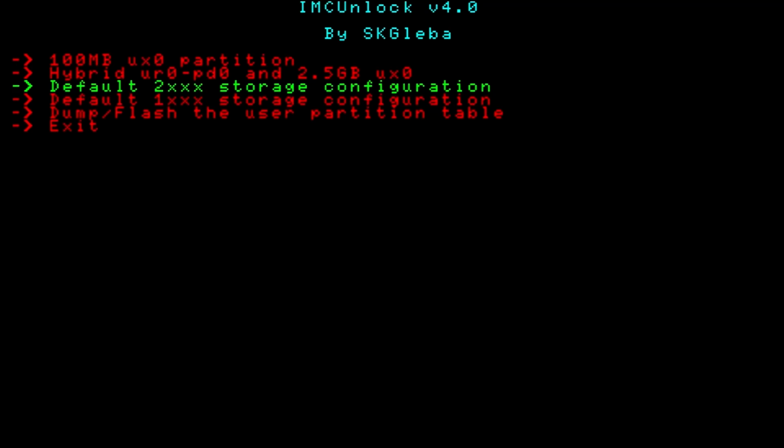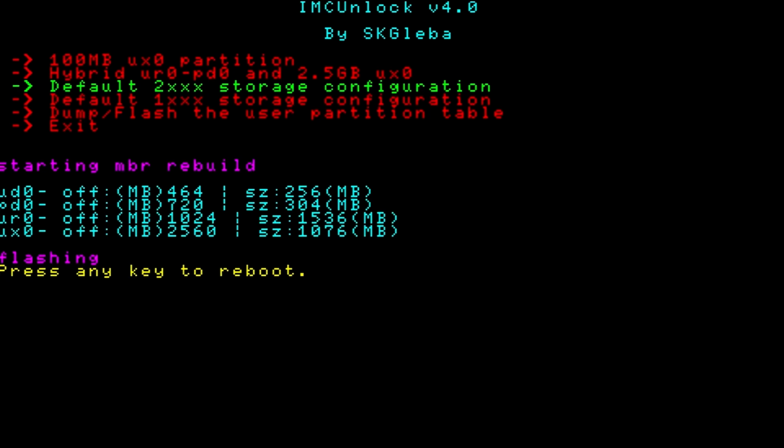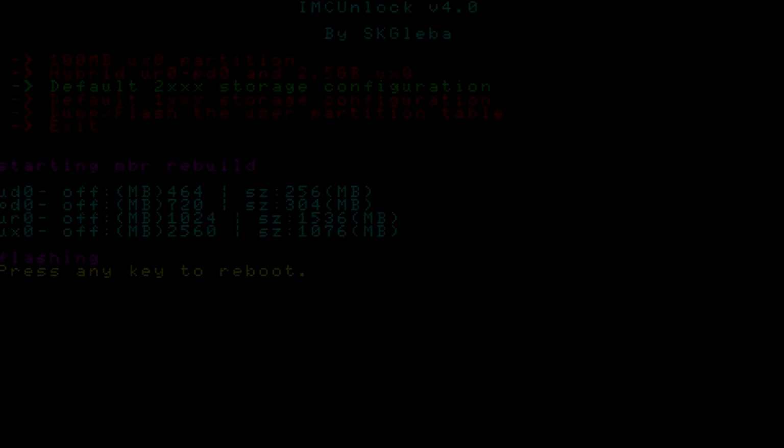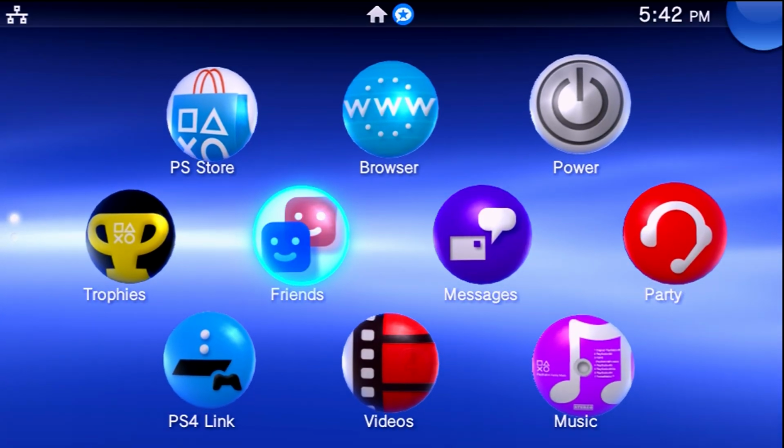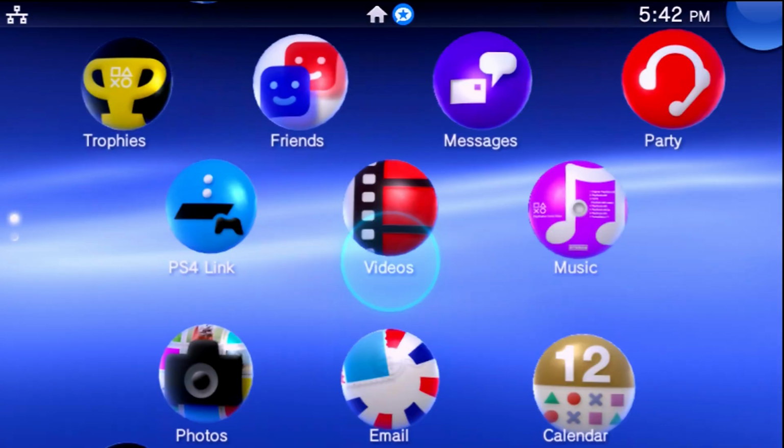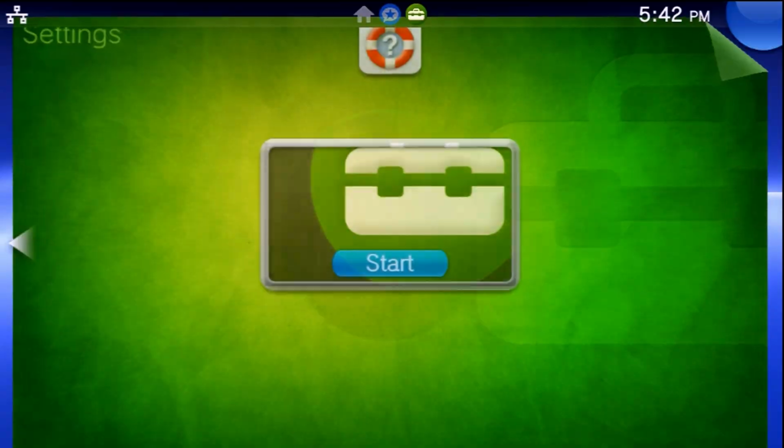Yes, I know that you're on a 1000 model, however, we're going to be going with a 2000 model storage configuration, which will give you 1 GB of internal storage. Once that's done, you can just press any key to reboot. If you're prompted at any point to format a memory card, make sure you do that, and once you get to this menu here, you can now come down to your settings,